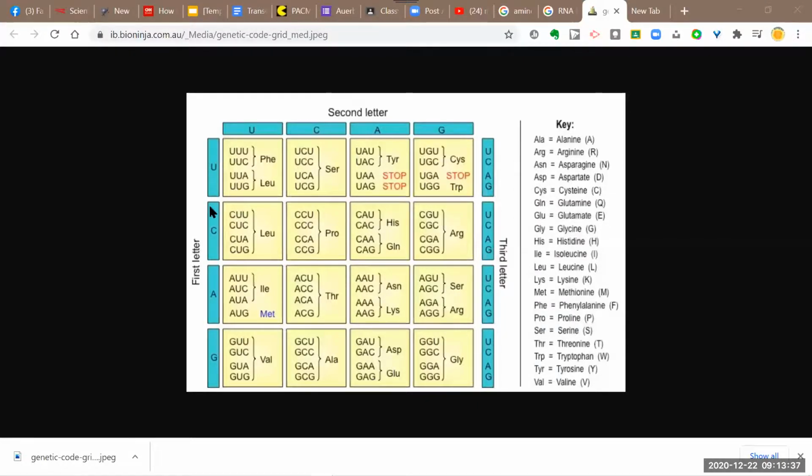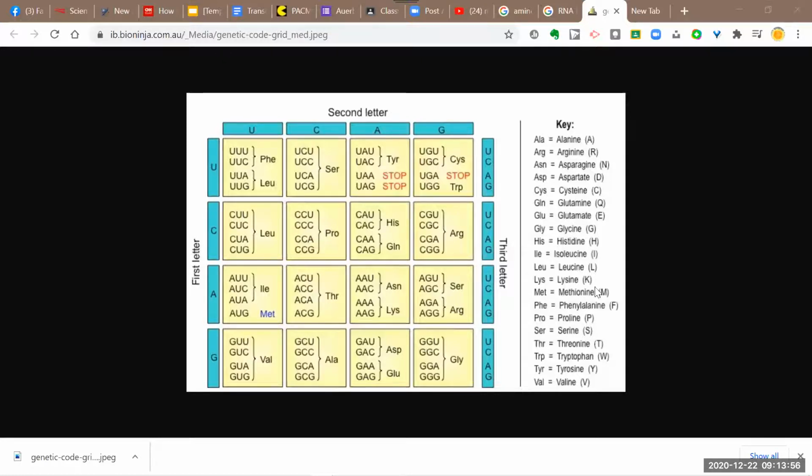And so first letter, second letter, third letter. A is our first letter, right? AUG is what we've got. And so our first letter is A, and what that does is it narrows it down to somewhere in this row. And what you can do is look at this until you see AUG. Here it is right here. And that tells you it's Met,